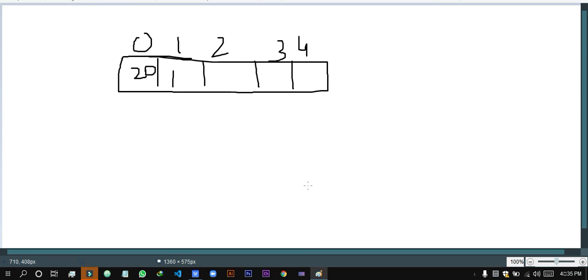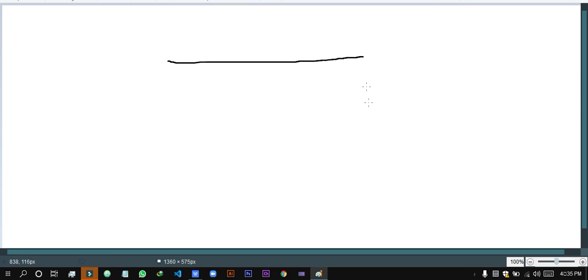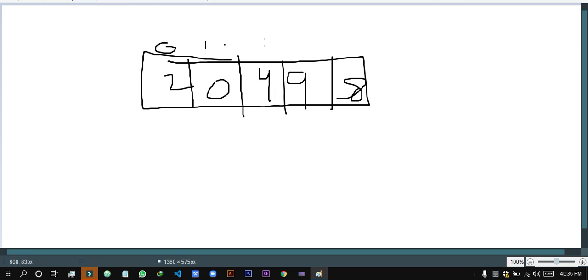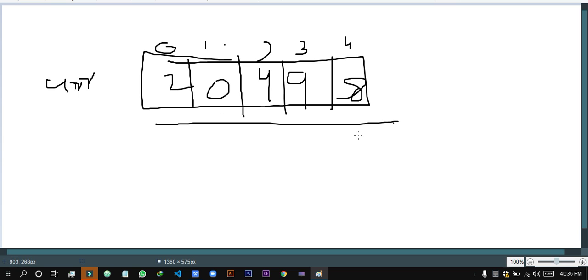So you may see, we have an array, and we just give it some addresses and an array name. So this is an array with index 4. This is an unordered array. It is neither in ascending order nor in descending order. The work of putting it in order is called sorting.